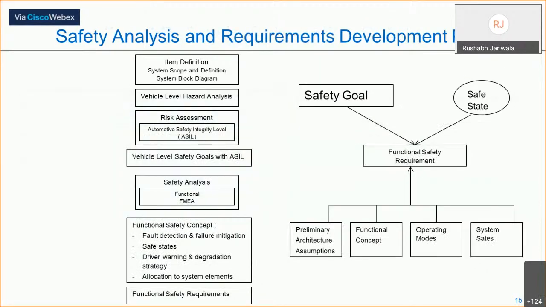So this is, if you see, the typical process of functional safety. One needs to first define what one wants to design, and after that a vehicle hazard analysis needs to be done. That includes all the scenarios,